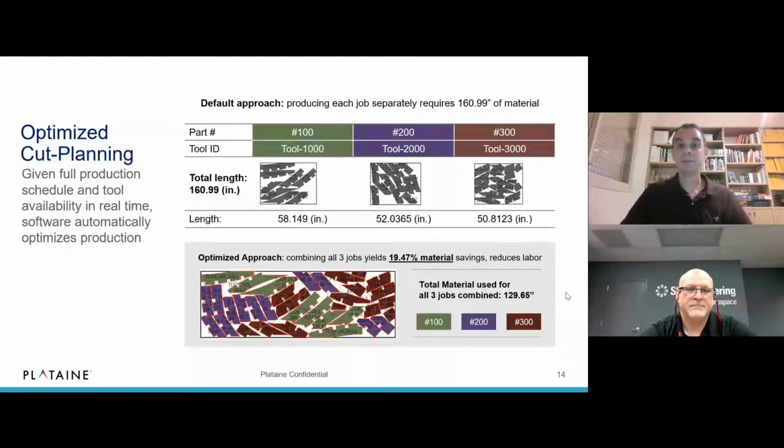The second package deployed already at Middle River is for optimized cut planning. And what you see on the top here is the traditional nesting approach, where you take part by part and you nest it separately. But the opportunity here is in the bigger picture. If we have the full production plan from ERP, SAP, and Middle River's case, if we have the full data